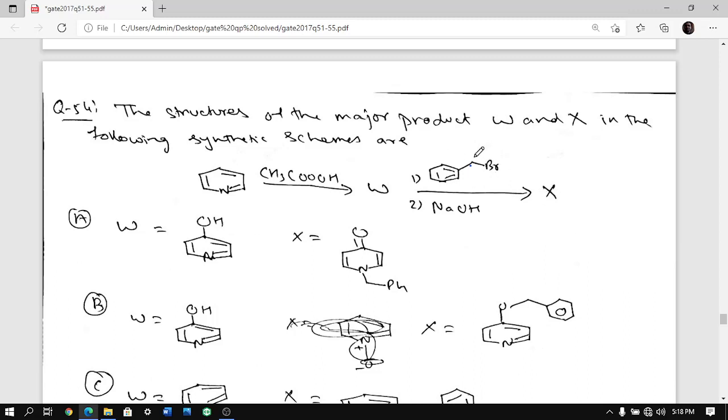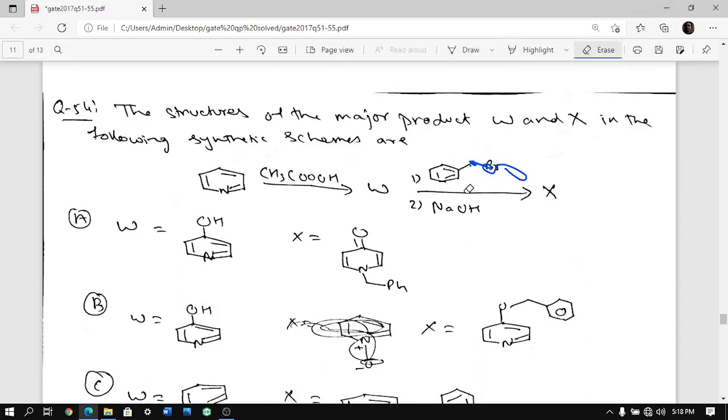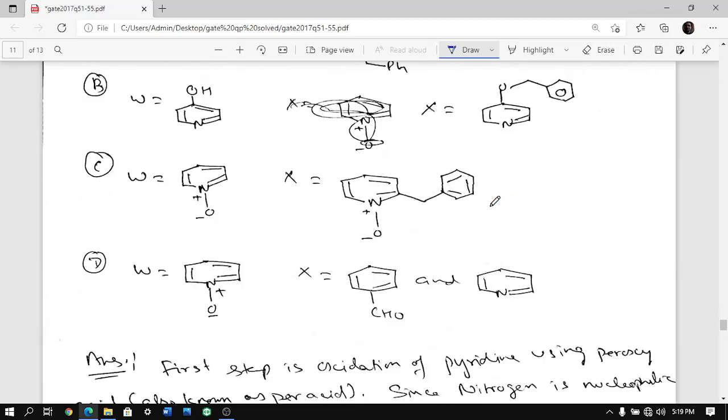So here attack happens again on the benzylic position. Now same as the allylic system, the benzylic system undergoes substitution reaction very fast. Why? Because this anti-bonding orbital will be there. They overlap very well with the pi bond, and therefore stabilize the transition state. And therefore benzylic halides, benzyl means benzene plus CH2, are the best electrophiles, okay, among everything else.